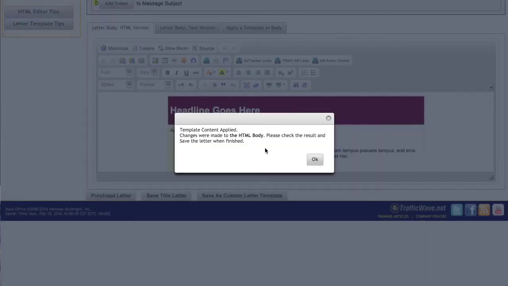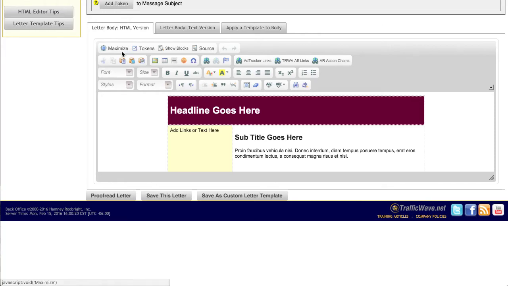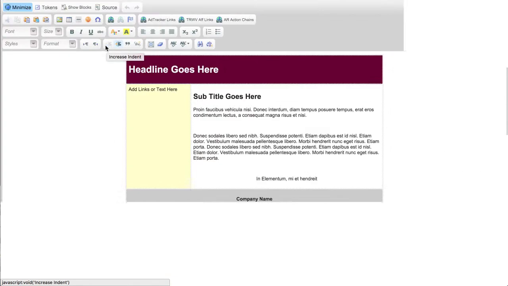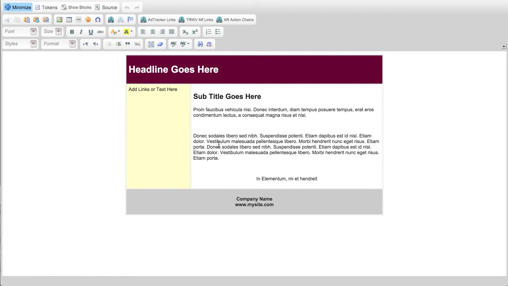I'm zoomed in a little too much, and basically it's applied the template. So I'm going to go to maximize. Again, maximize allows you to see the entire email, so you don't have to fiddle with a small window. So again, similar to mine, I would put the headline, let's say, my newsletter, or something like that. You would type that in there. Add links or text here. You could put like,